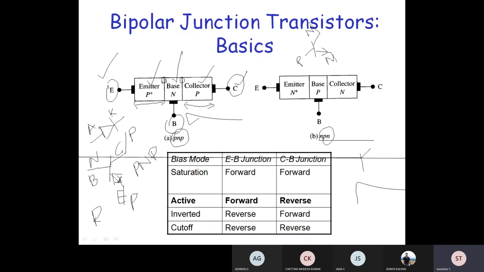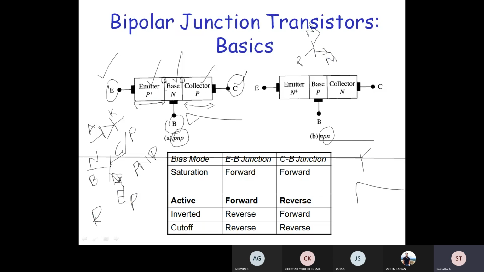It should be more than the emitter. Normally the collector collects the charge carriers. The emitter emits the charge carriers depending upon the potential being applied across the junction. Okay, so here